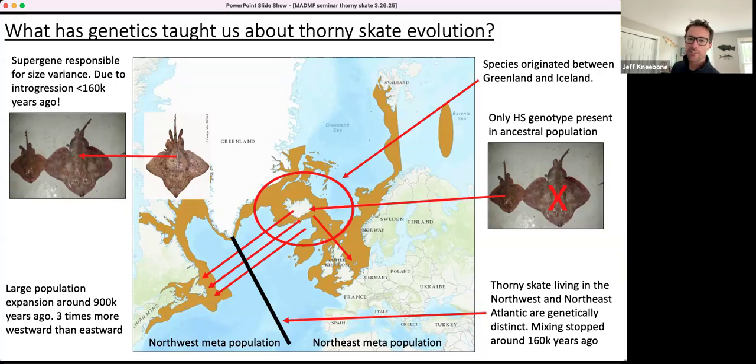And what we're trying to do now is collect tissue samples from thorny skates in the DFO surveys across their entire latitudinal range, from the Scotian Shelf all the way up essentially to the Greenland border, to look at the size distribution of skates with each genotype. And that hopefully will give us a better idea about what you're talking about. But in the Gulf